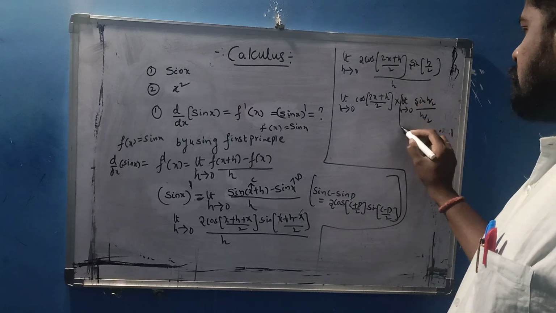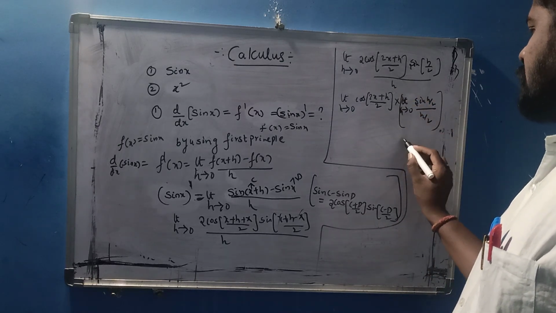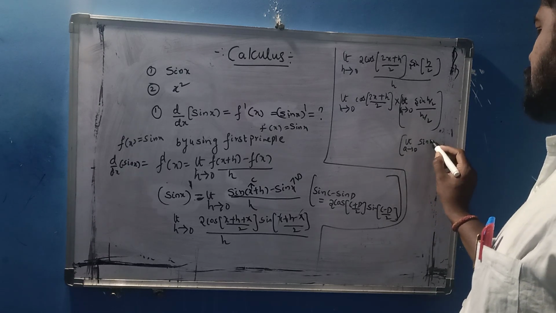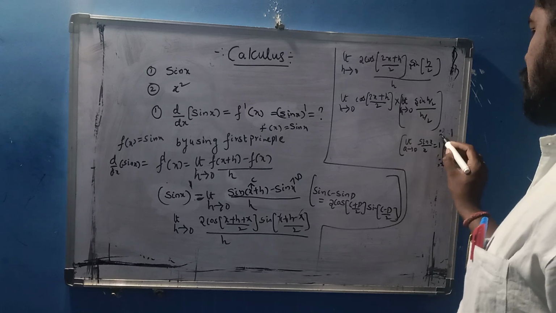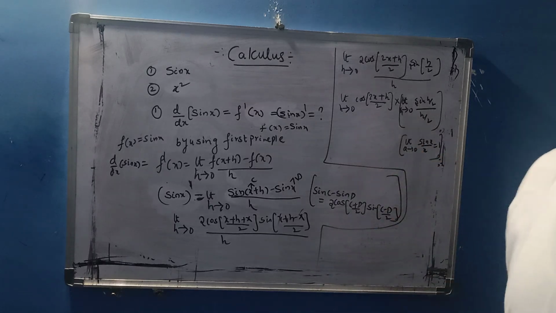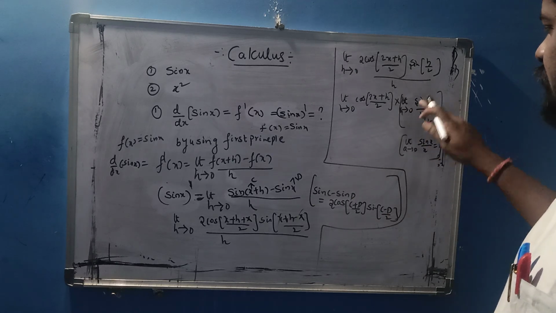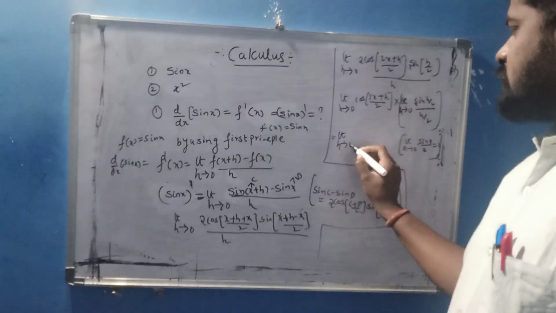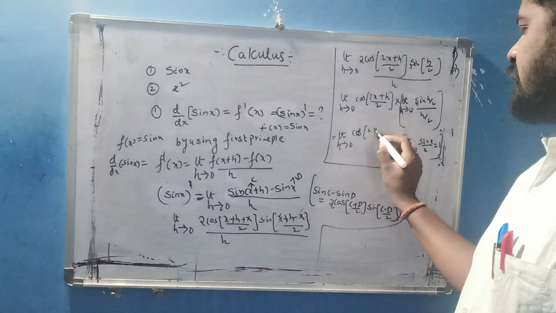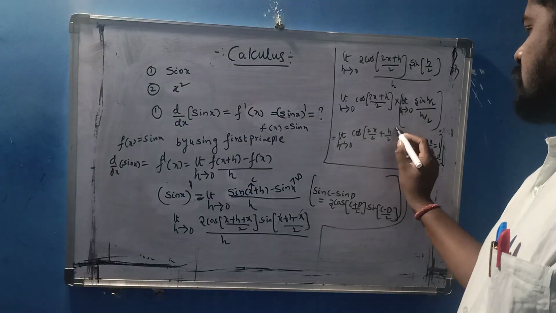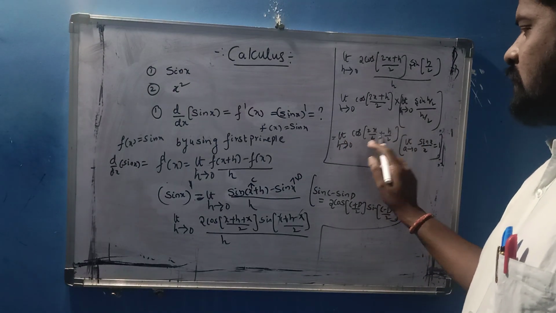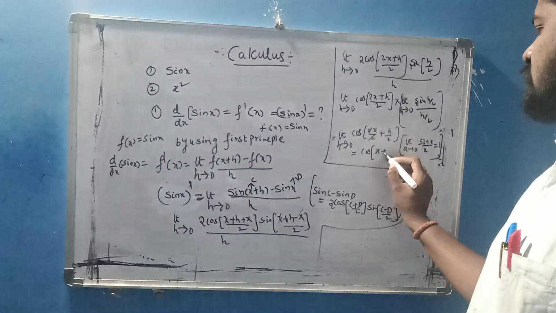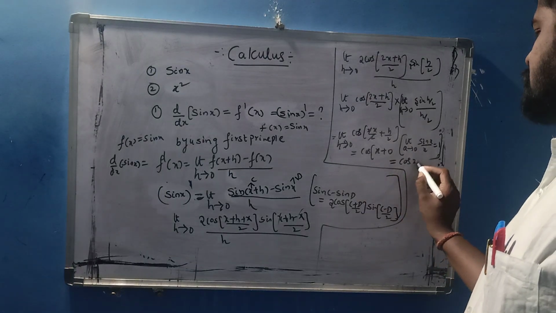After this, there is one form. What is the form here? Already you know one formula, which I explained in the last class: limit x tends to 0, sin x by x equals 1. That is the form. Remaining, we finally get limit h tends to 0, cos((2x plus h)/2). Here h approaches 0, so replace h with 0. Then we get cos of 2x, the 2 cancels, x plus 0. That answer is cos x.